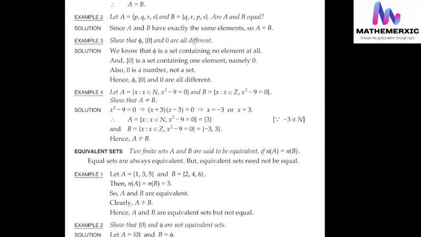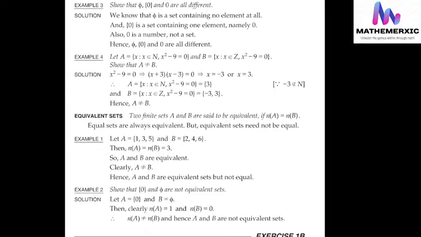Now, if we go through some other example, let us say example 4, we are taking A is equal to {x such that x belongs to natural numbers and x squared minus 9 is equal to 0} and B is equal to {x such that x belongs to Z and x squared minus 9 is equal to 0}. In this case, if you see,